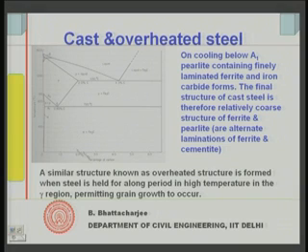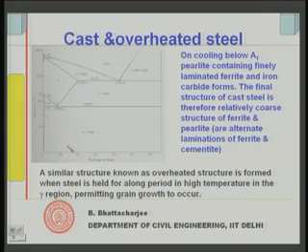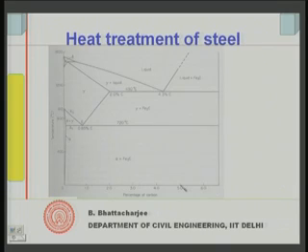So, cast steel will look like this; it will have a ferrite-pearlite structure. And what is pearlite? Pearlite is essentially alternate laminates of ferrite and cementite. So, alpha is the ferrite plus carbide, and together this is what you get in mild steel structure. One can see this under a microscope, the structures can be observed. So, that is what it is.